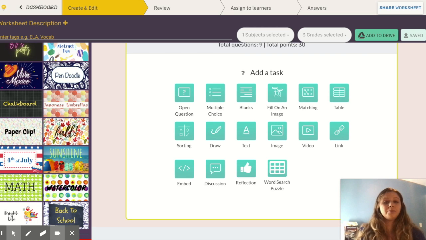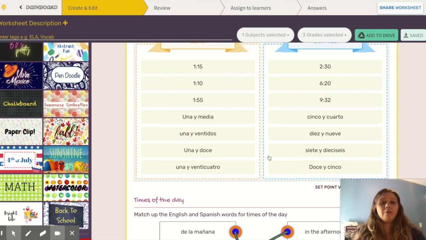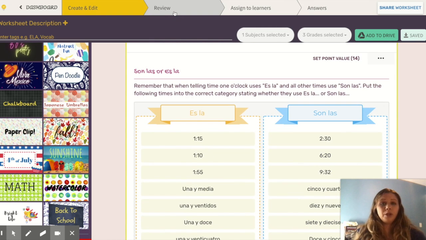Or you can ask them whatever. And then I know everybody used to like the word search puzzles, but with COVID and everything being online, that's kind of hard to do. This actually gives you an option to make word searches. So once you have everything the way you like it, you click review,